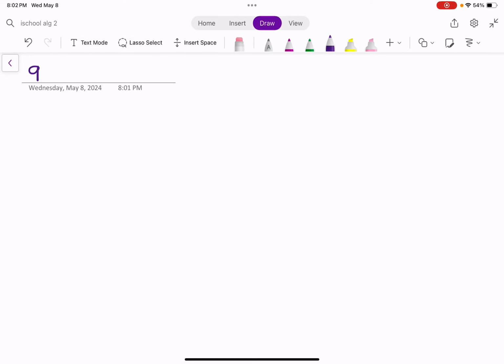Okay, so this is 9.6, logarithmic properties. I don't know how to say the word logarithms. Logarithms. I just say log. Okay, so we can use log properties